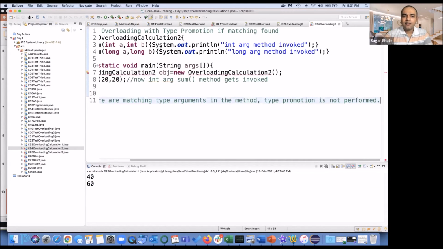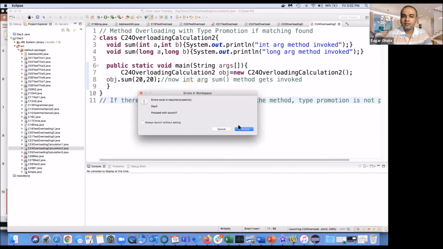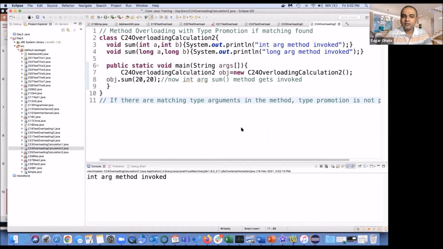Yeah, we have seen this already. When I say object of sum 2020, when we have int A, int B, it is going to invoke the int arg method. That is going to be the output, correct?